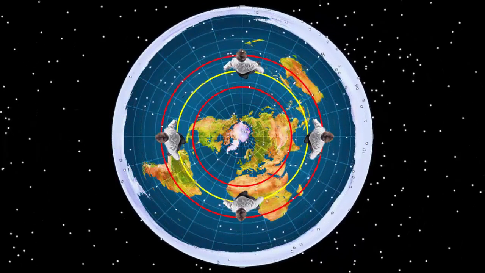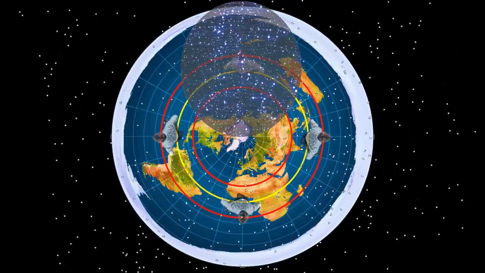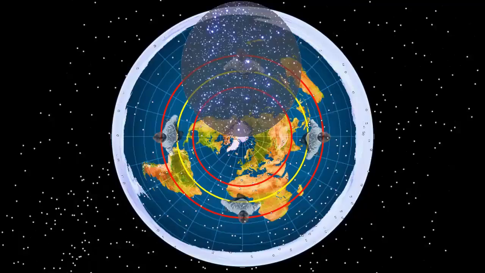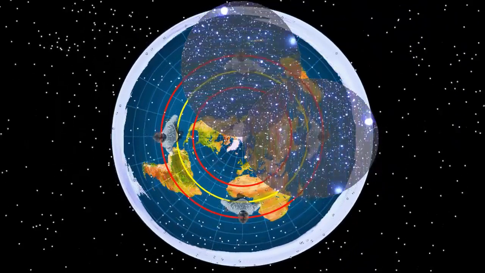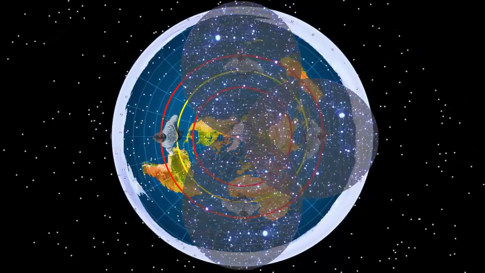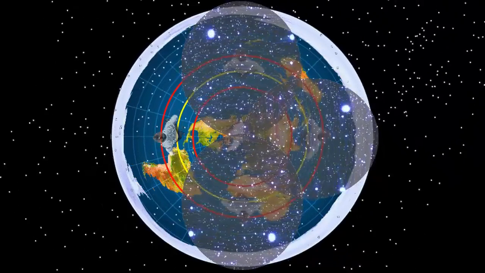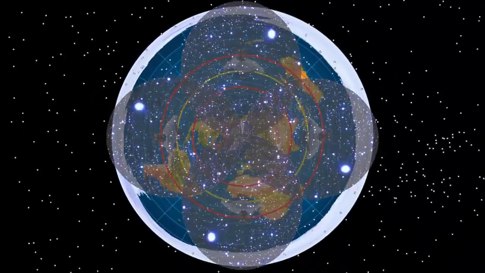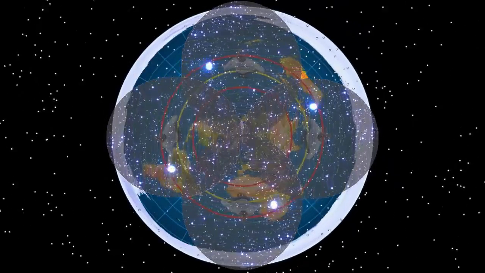Okay, now I'm going to show each guy, starting with the top guy. There's his little dome of perspective, or his field of view, that viewing circle, right? It's a 6,000 mile radius. And the second guy has his night, and he sees the same stars. Third guy, the stars rotate around, he sees the same stars. And now the fourth guy, there you go, he sees the same stars. And that's how that works, right?